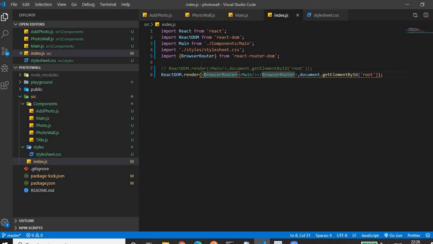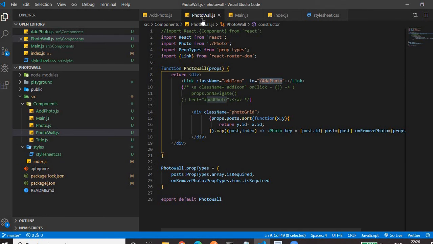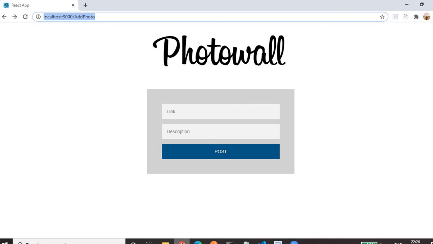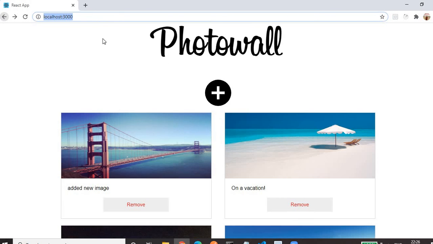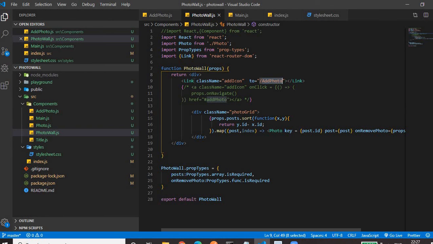So this should be the first step. We have to import browser router, then we have to include the main component within the browser router tag. Second, there should be some button or some link to trigger our navigation. For that, we will go to the photo wall, because here is our add button. I'm talking about this one. That's why we have to put the link there.